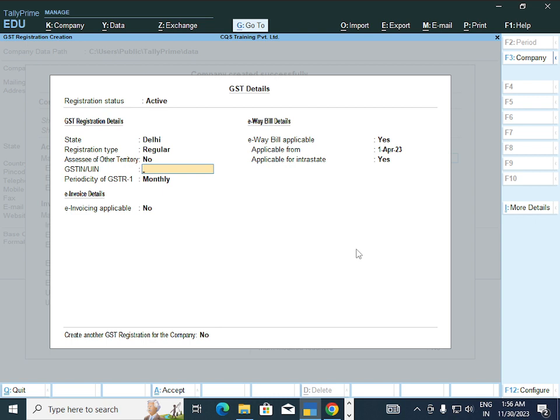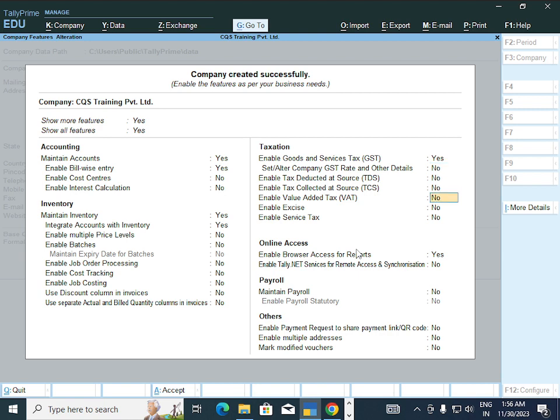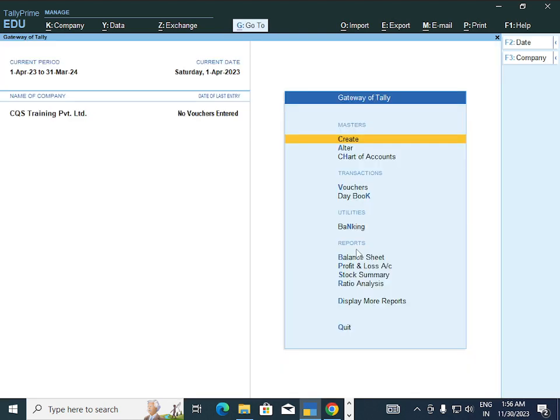Our company is located in Delhi, and the Delhi state code is 07. The GSTIN number is always based on the company PAN card. So this is our company GST number. Enter and accept all. After acceptance, you can see the Gateway of Tally appear.